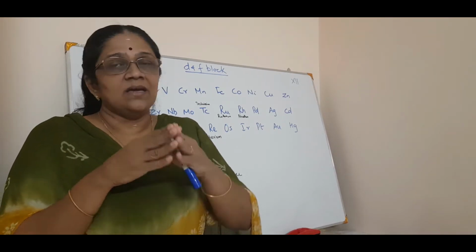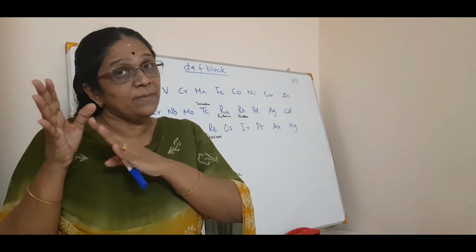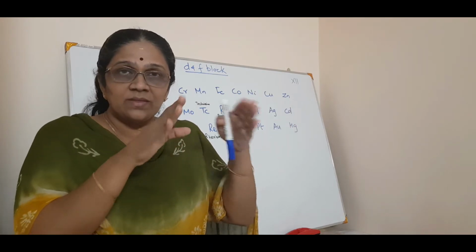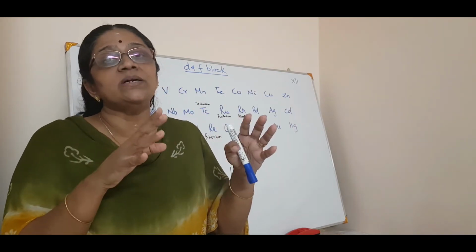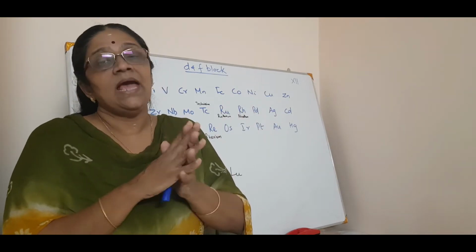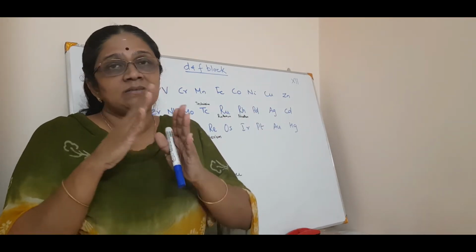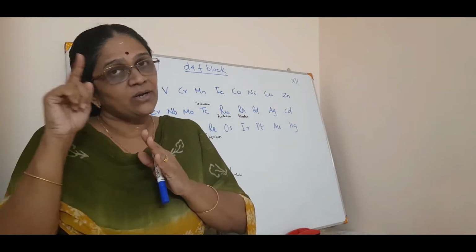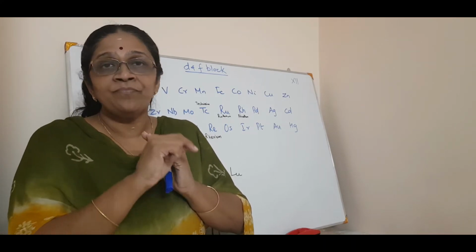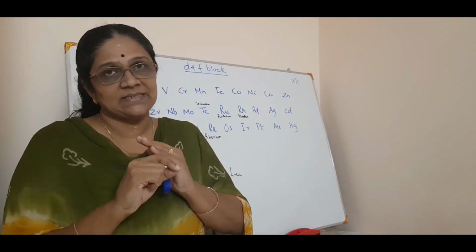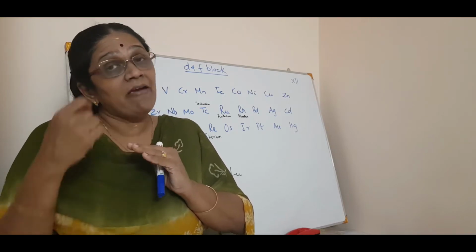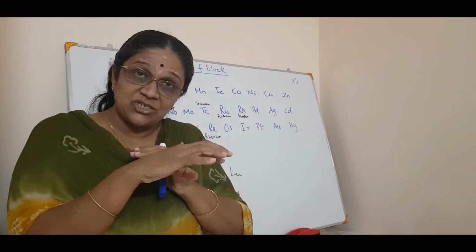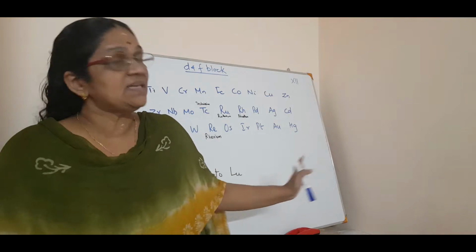So the D block element is also called transition elements. Transition elements means while going from pure metallic to the non-metallic character, that is S to P, there is a transition. So we call them transition elements. And the transition elements are mainly from the third group to the 12th group. Starting from 1A, 2A, then the third group starts the D block elements or the transition elements. And the F block is called inner transition elements, because inside the transition elements is the F block. Now we will see how it goes.